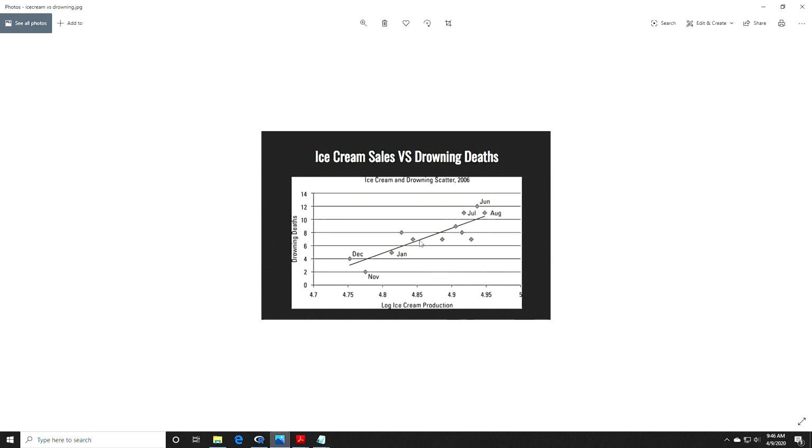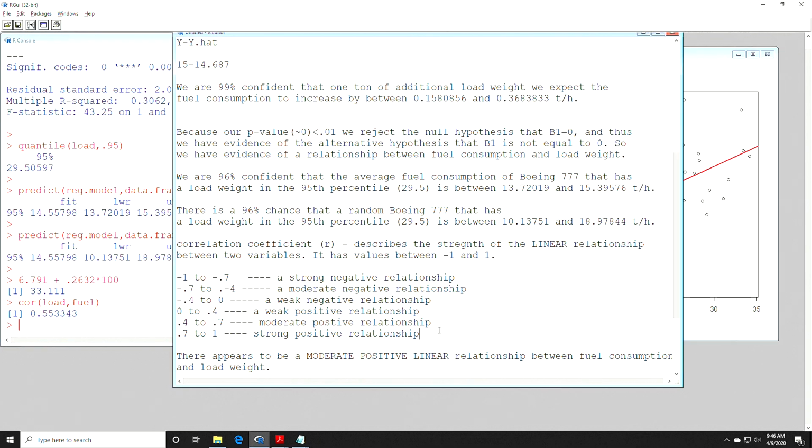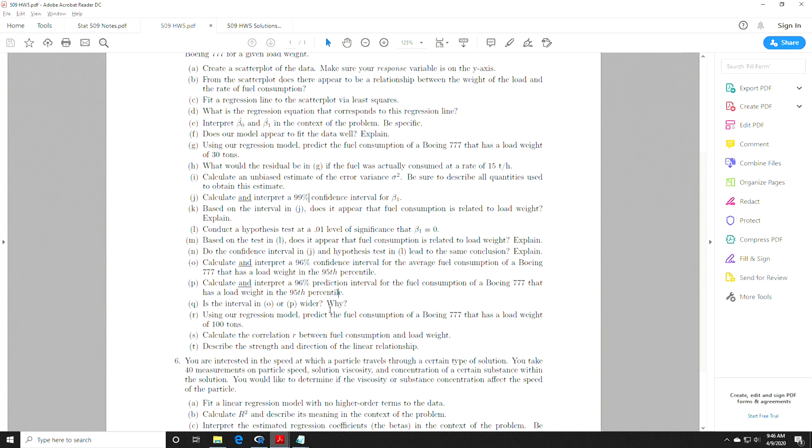So I think pretty clearly, drowning deaths, when do people drown, or how are people drowning? They're drowning in the water, right? They're swimming. And when do people swim? They swim in the summertime when it's nice and hot. And when do people buy ice cream? In the summertime when it's nice and hot. Okay, so clearly it's the hotter weather that is causing both of these to increase, but by no means is one causing the other. Okay, so just something to keep in the back of your mind. Probably already knew it, but